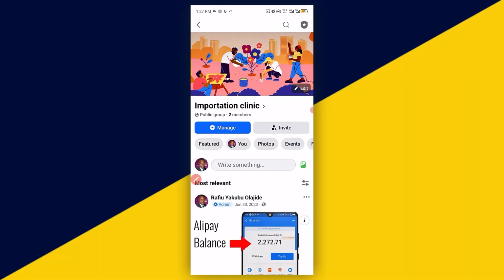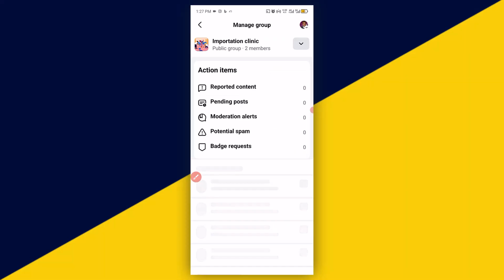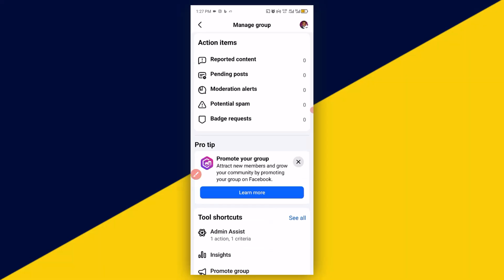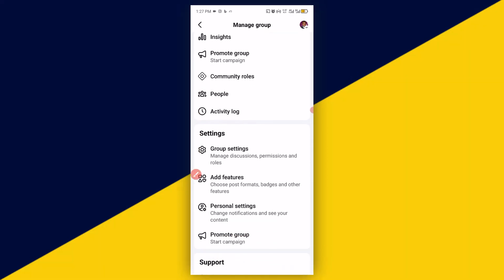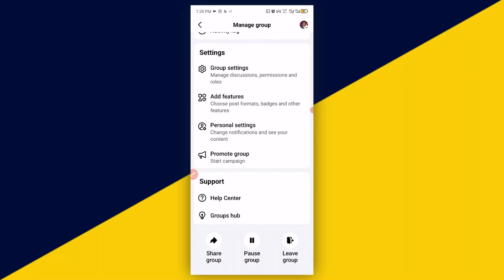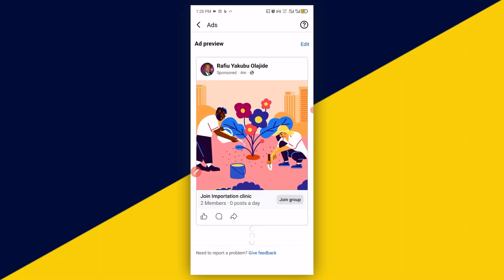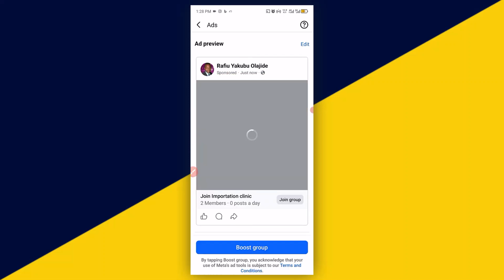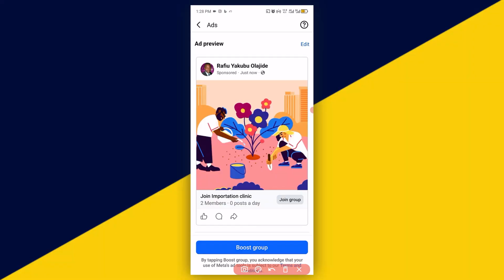Just like so. Next thing you want to do right here is to simply click on manage right here. Then scroll down right here. Continue to scroll down until you get to promote group right here. Then here you go. The next thing you want to do right here is to simply click on edit ad